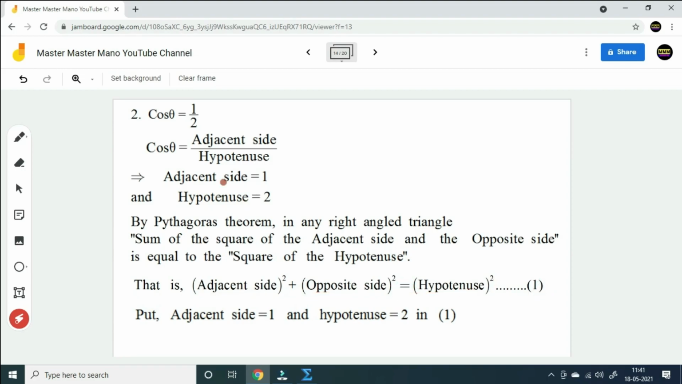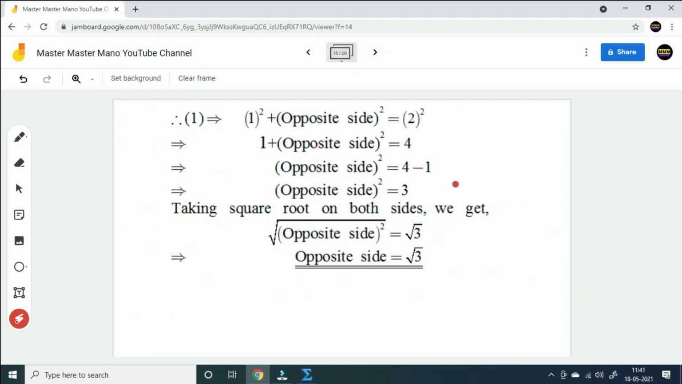Put adjacent side equal to 1 and hypotenuse equal to 2 in the first equation. On substituting these values in the first equation, we get 1 square plus opposite side square equal to 2 square. That is, adjacent side value is 1 and hypotenuse value is 2. These values were substituted here. Now 1 when squared it will be 1, plus opposite side square, equal to 2 when squared it will be